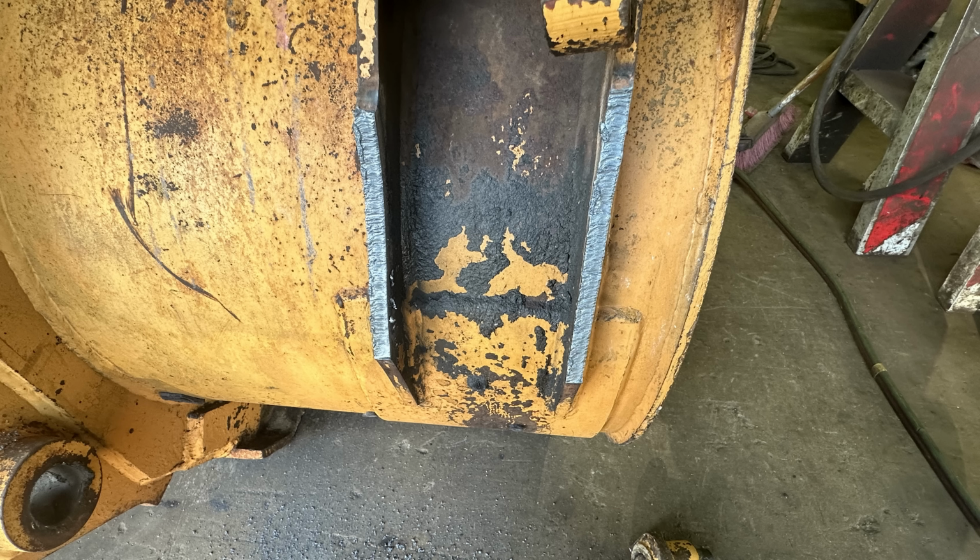On the left side, I more or less separated that bushing and got it out of the way so I could get a better cut, and then I went back and did a second cut. My goal is to be within about a 1/16 of an inch of flat from the face of that bucket. So I keep the dimension on both of them more or less the same, so I can use rectangle plates, weld those on, and you'll see that shortly, and then basically cut out the shape of the eyes